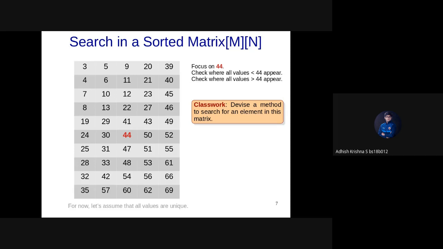We'll go till 54, and then from 54 we'll know that it won't be below 54. So it should be above 54 only. So we can check that row, and then we can leave these whole 2 quadrants, and then we can go to the last 1 quadrant at once. So we need to move till we find a number which is greater than the number which we are searching, and then from there we can eliminate the quadrants which are either below that or towards the right.